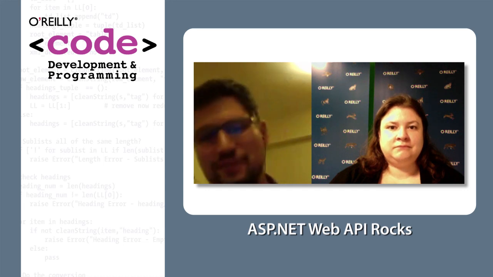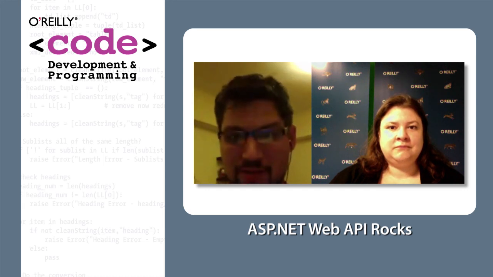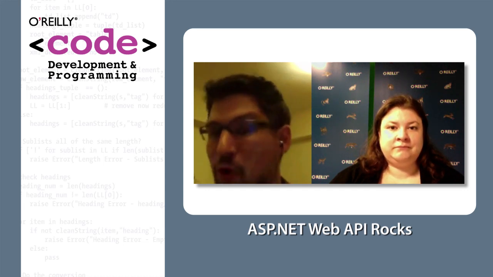That's a great question. I think you're going to see Web API start to become more and more prominent. A lot of people have said that when they look at Web API today, they say, you know what, HTTP is one thing. Why should I have two frameworks? Why should I have a framework for generating web pages and a different framework for my web APIs? There have been a lot of people that have been vocal about this.